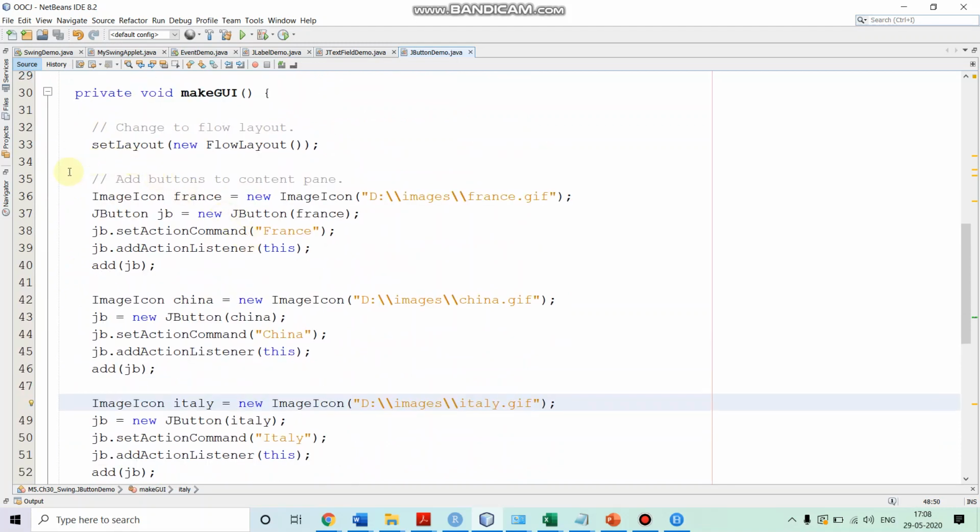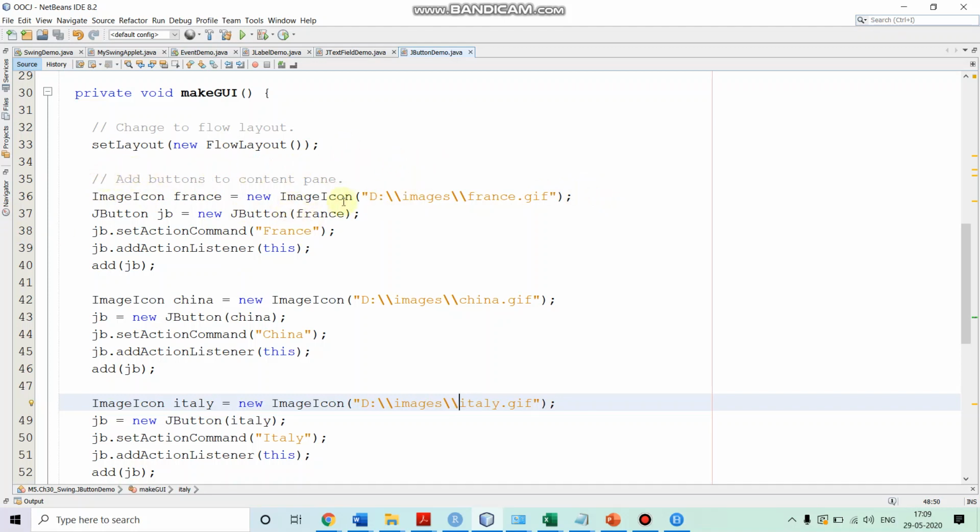In method makeGUI, we are creating our buttons. Initially we specify the layout. Our layout is FlowLayout, so that the controls will go from left to right. Since on each button we want to display an icon, first we are adding the first button.